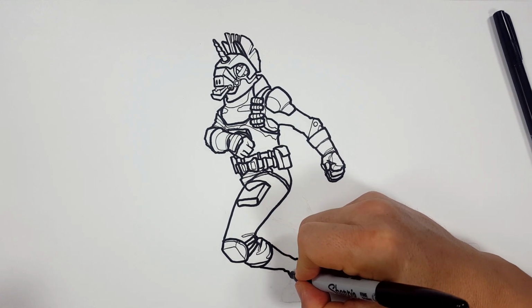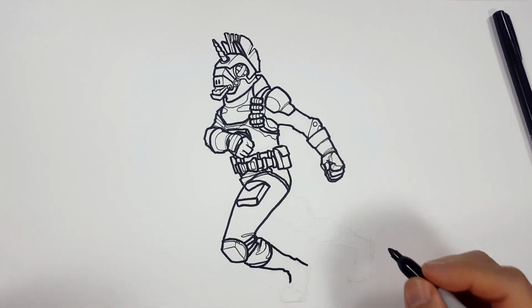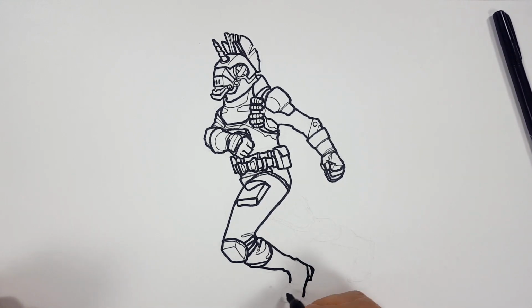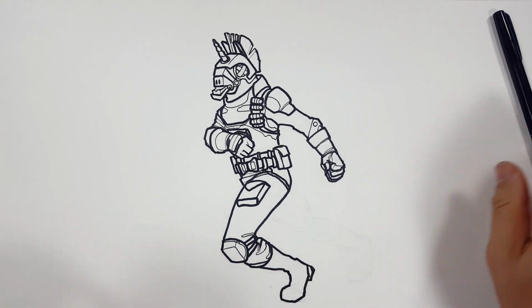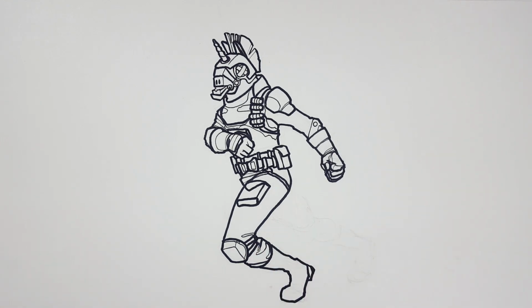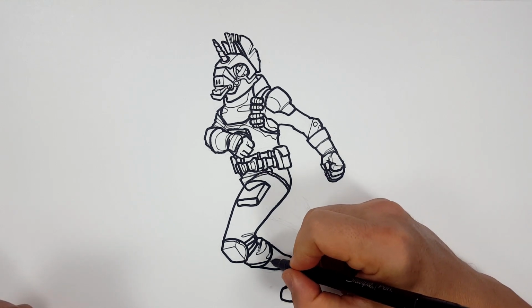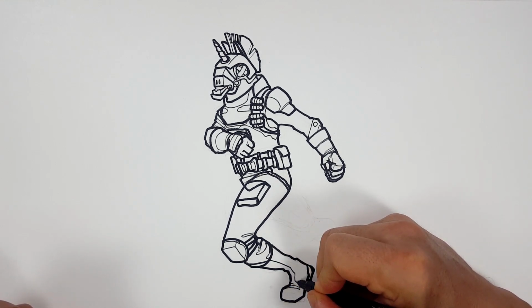Here's the front. Going to be coming down, and he's like supercharging, so it's all the weight's on this toe. So we're going to add, there's his heel. I don't know why I added that extra little chunk in it. And his heel is up in the air while the front is on his toe, bent forward like this, like that. So now I'm going to add just a little extra creases, and we'll do something like this for the